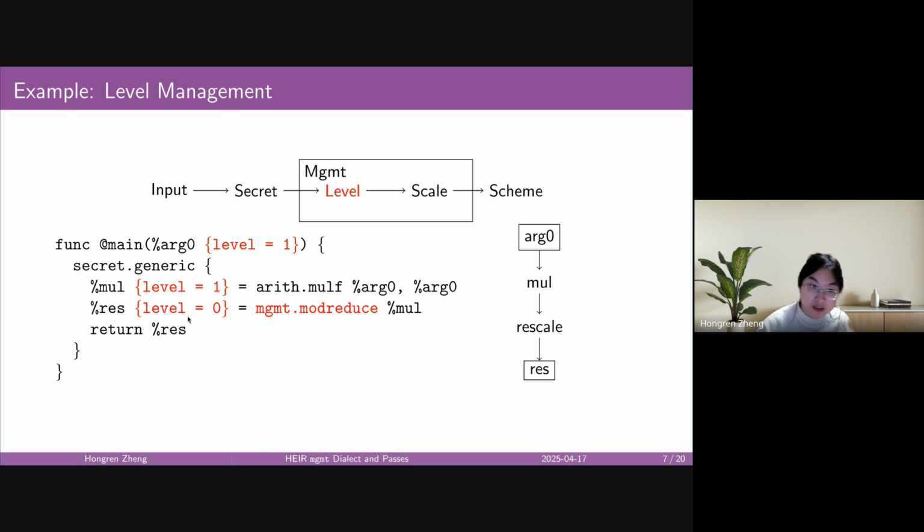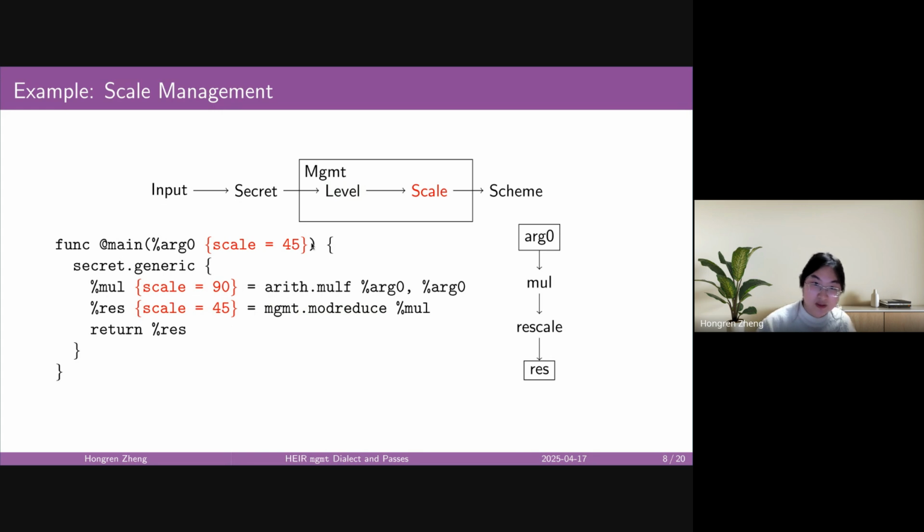Then after the level analysis, we have a pass that deals with the scale. In CKKS, the scale is important, and after multiplication, the scale doubles up, and we need the mod reducing to rescale it back to 45. Then we have all the scale information.